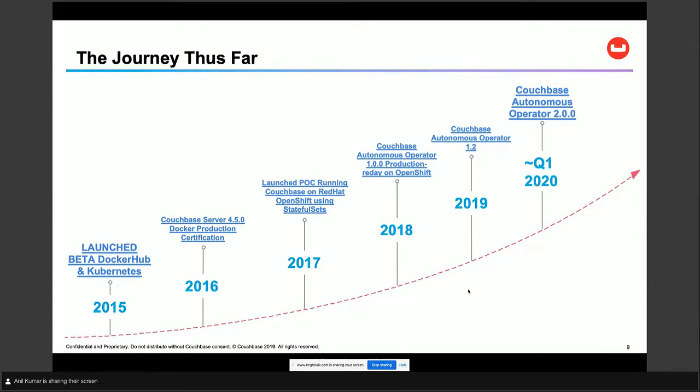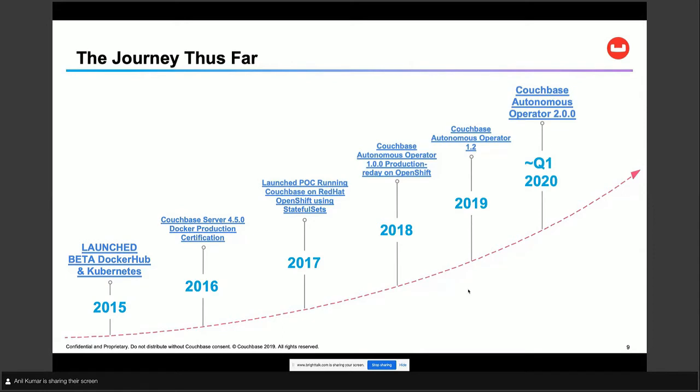So we started looking at multiple solutions back then. In 2017, we were looking at Docker Swarm, and we were looking at CoreOS Tectonic. Out of that, Kubernetes emerged as the de facto standard. So we started looking at integrating Couchbase with Kubernetes. In 2017, we launched a POC of running Couchbase on Red Hat Openshift, which is an enterprise Kubernetes platform, using the concept called StatefulSets of Kubernetes.